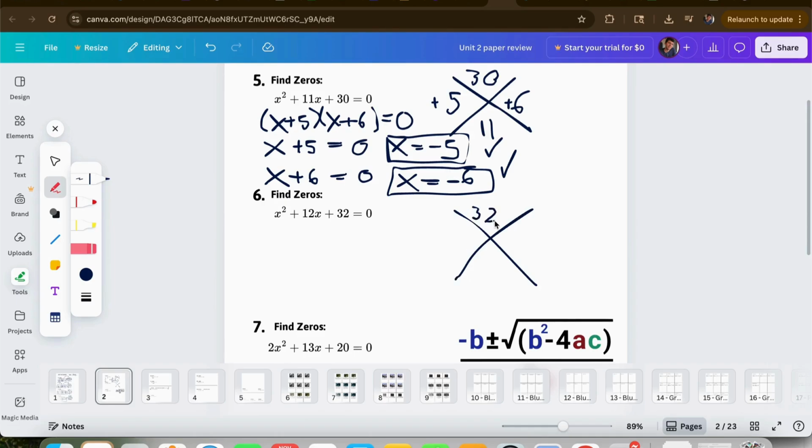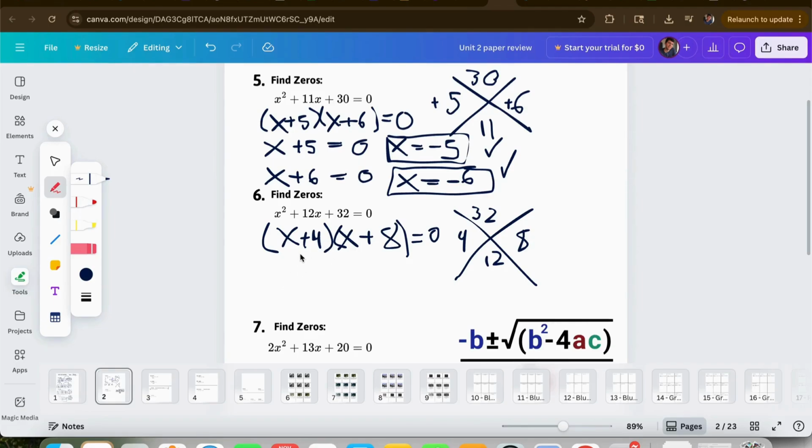It's 32 and 12. What multiplies to 32 and adds to 12? Probably an 8 and a 4. Both positive again. Same setup. X plus 4. X plus 8. The idea is that they're equal to 0, so whatever makes this 0, whatever makes this 0 will be the